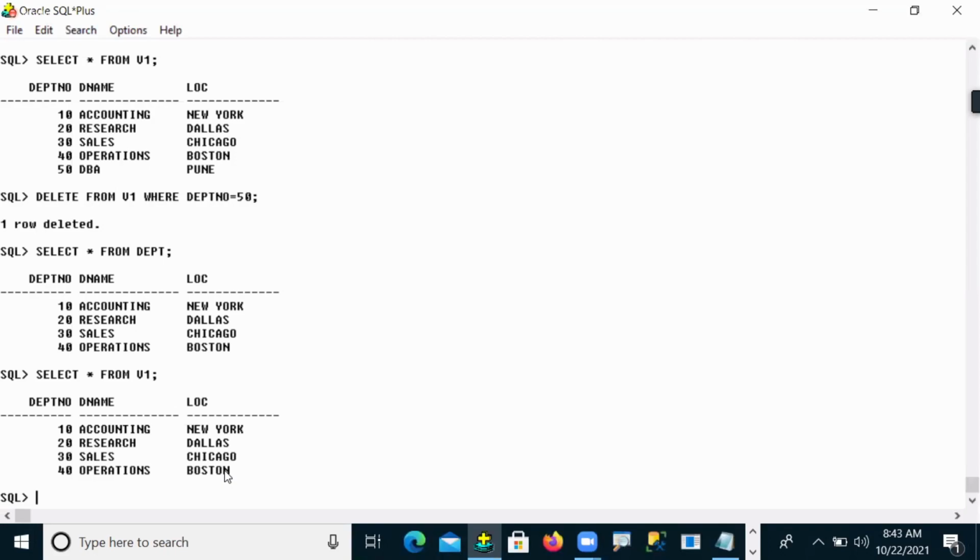So this is a simple example, and I created one simple view. In this view, we access the entire table. In this example, we are not hiding any rows or any columns. We access the entire table with the help of the view and perform our operations. So this is one example. We checked it out.